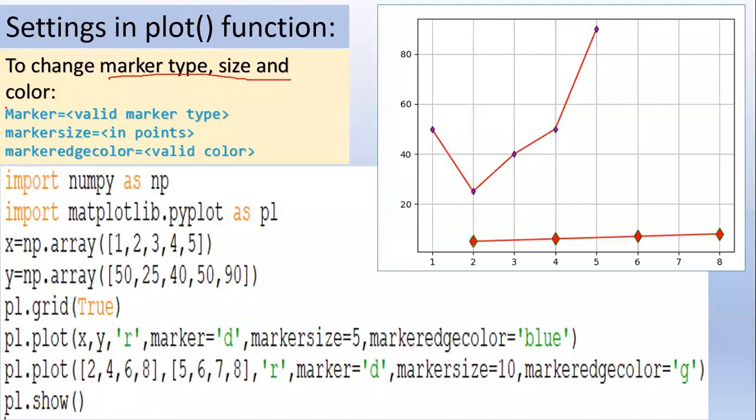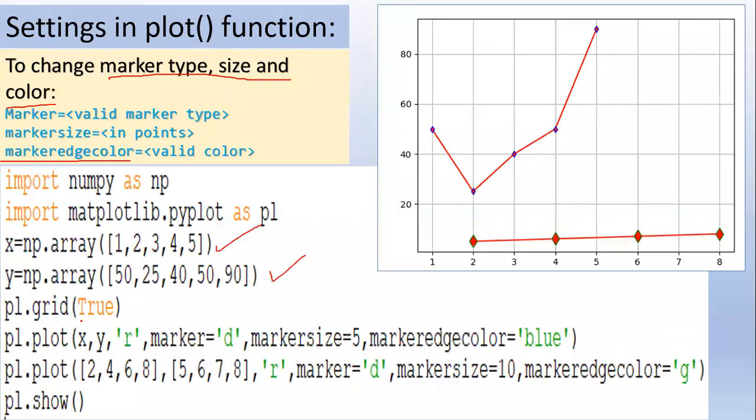Okay, see how to change marker type, size and color. Very easy. You just have to write marker is equal to some value, marker size is equal to some value, and marker edge color is also there. So as you can see, this is a diamond shape with blue edge color. How can we provide this? We have taken some values,